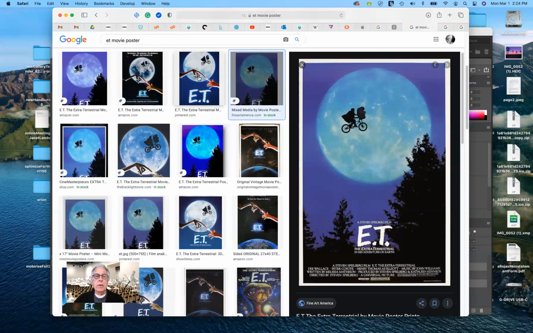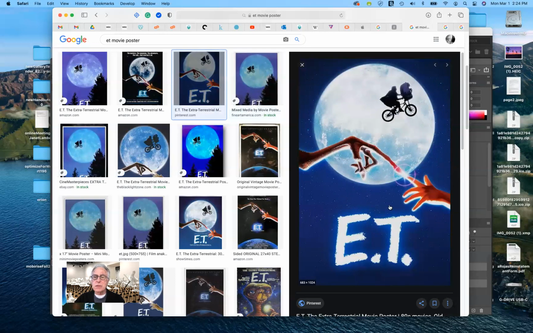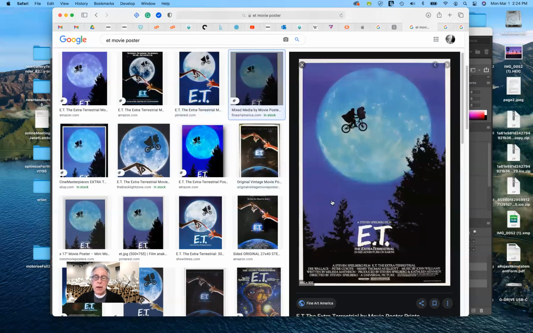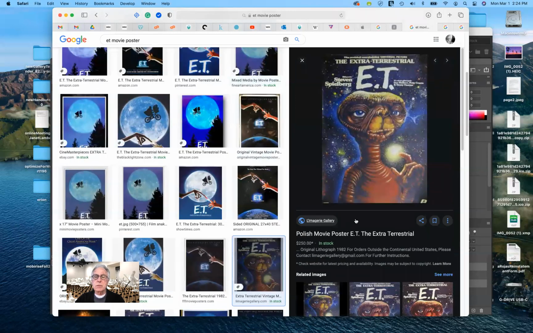Now, there's another iteration that I probably think is less successful, where they've combined both of those. It's kind of a stretch. I think the others are probably more successful. This one and this one, I guess because I like the simplicity, they're not trying to do too much. This one I think is really stupid.